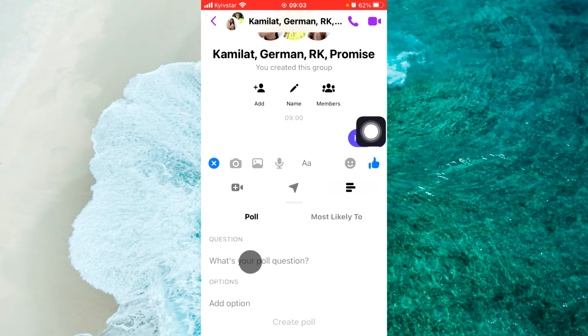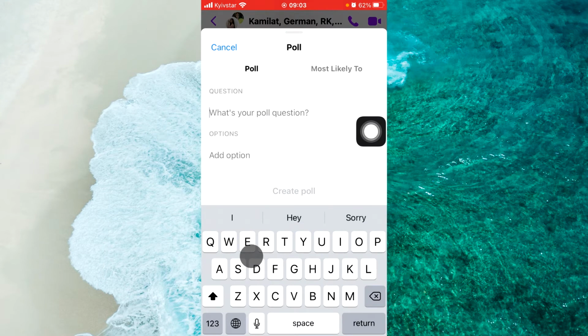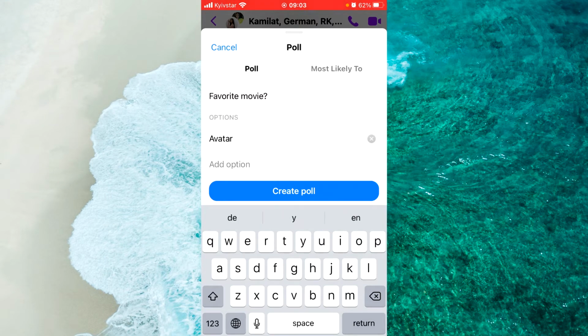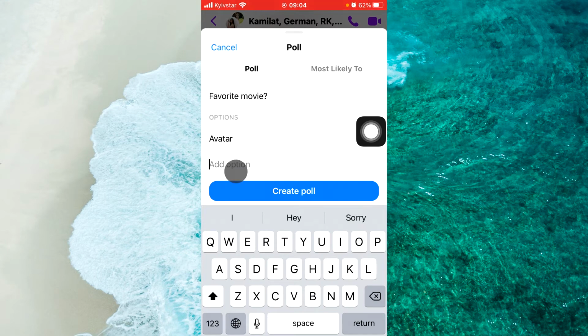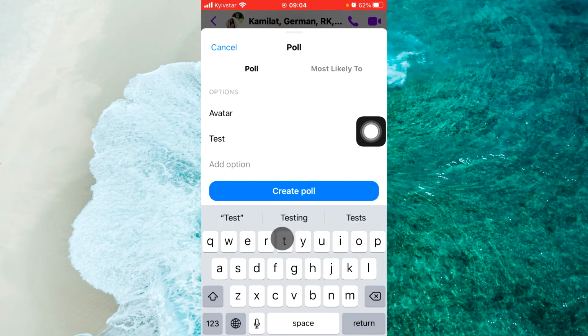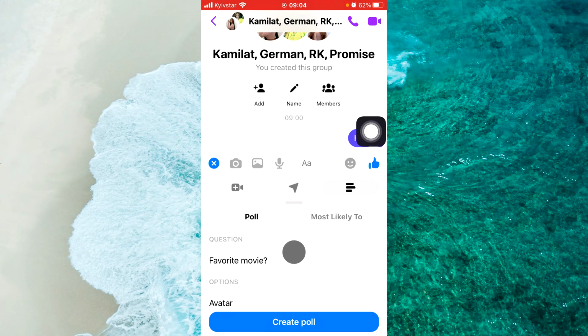Now enter your question. Tap here to write your poll question. Just tap one time, then enter your question and then add options to answer. For example, I write my option, you write your option. Then if you want to add another option, just tap on add option and enter it. For example, I write test. When you finish adding options and entering the question, tap on create poll